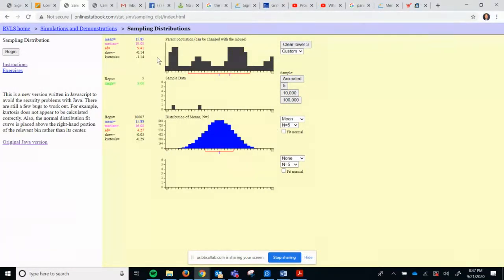So even though I've got this parent distribution that's really wacky, it's going to end up being a normal distribution as I keep doing that. So that makes it, that's the central limit theorem. The question is,